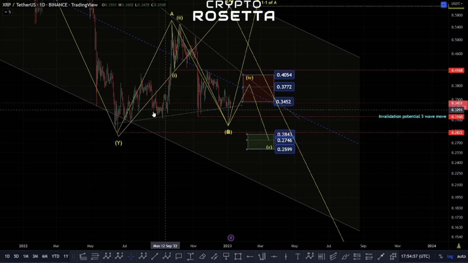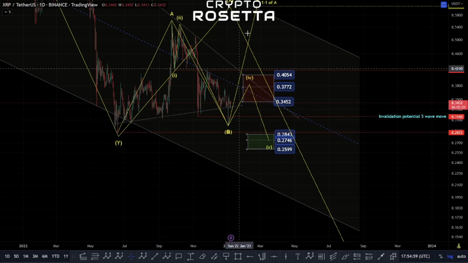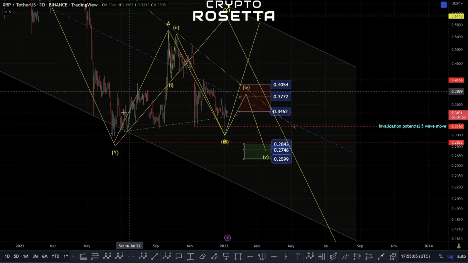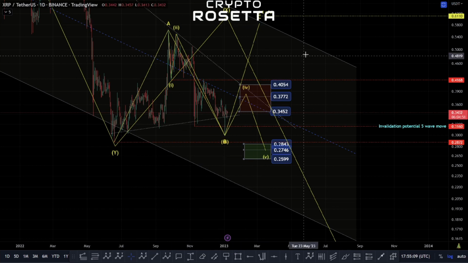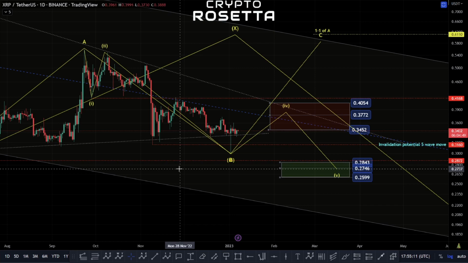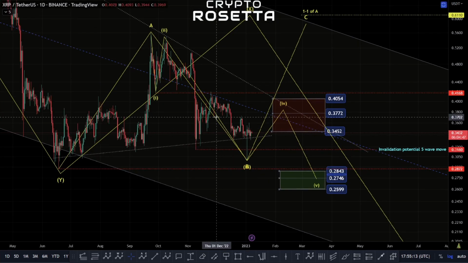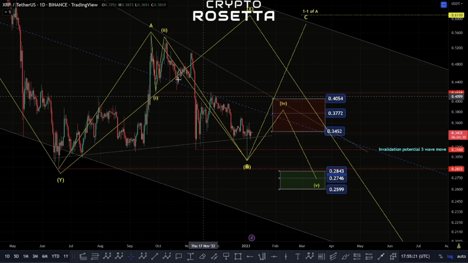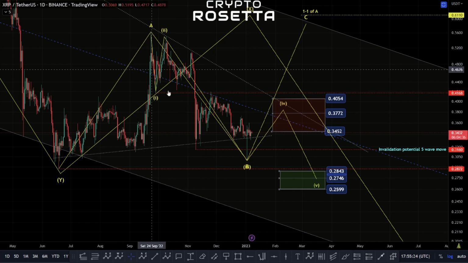If we manage to hold this trend line to the upside here, we could look for some progression upwards, potentially as a C wave. But still, even if we did have a 5-wave move to the upside here, I would still be cautious, because this could still be a corrective structure and we could just look to break down at a later date. Though with everything else, with Bitcoin and Ethereum suggesting that we could potentially have a 3rd wave incoming, we need to just be careful that there aren't further extensions within these waves,